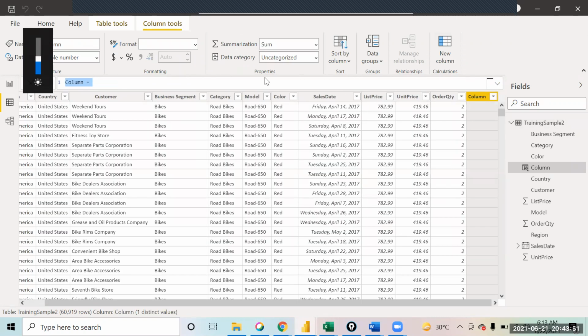The new column that I would like to add over here is a column of cost, right? So how will I calculate the cost? Cost will be unit price into order quantity. That will be the costing, right? So when you click on new column, you just have to say cost equals unit price multiplied by order quantity.